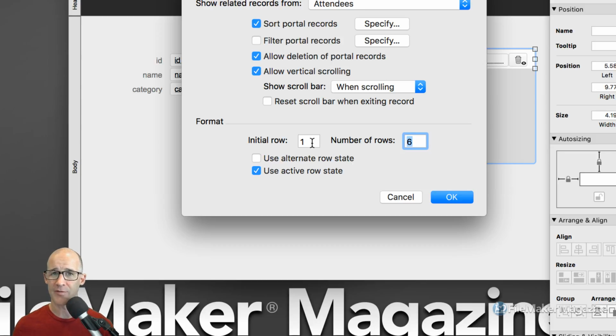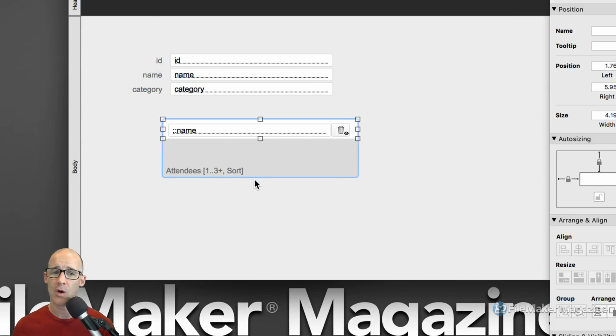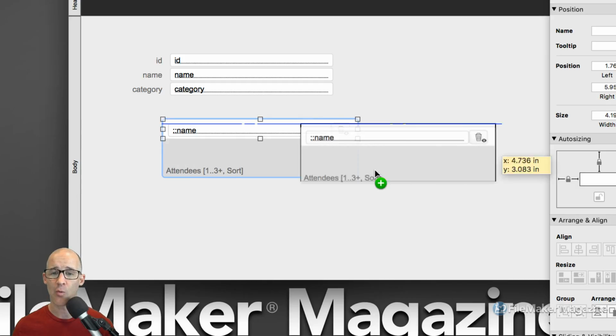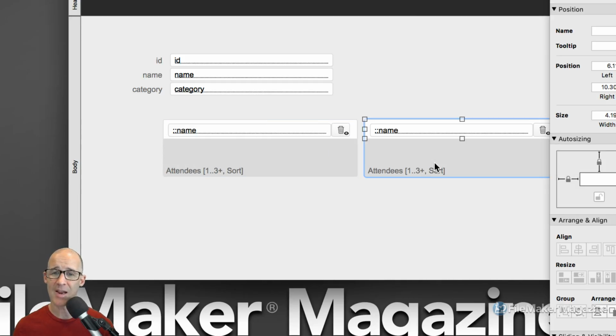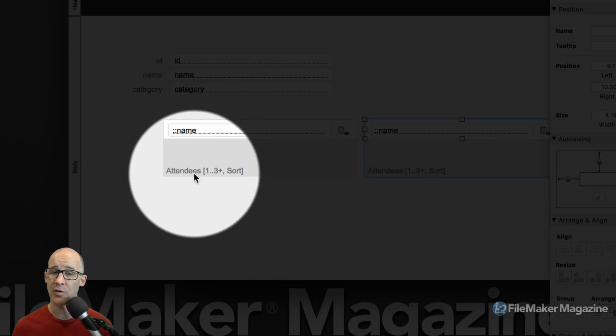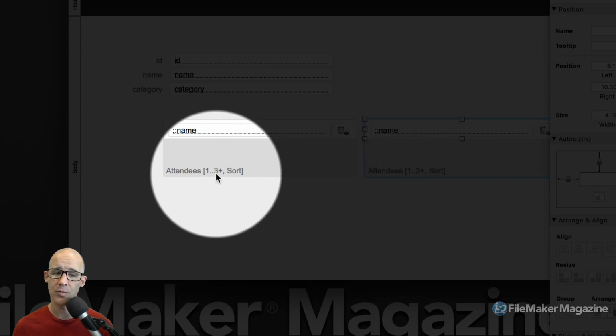Portals also have the ability to set an initial row and then have any other rows show. So in this case, if I wanted to do this, I could say I want to start at row 1 and I want to show rows 1 through 3. And then right next to it, I can make an exact copy of that portal. And you can see right here, FileMaker actually tells us we're showing from the attendees table, I have 1 through 3